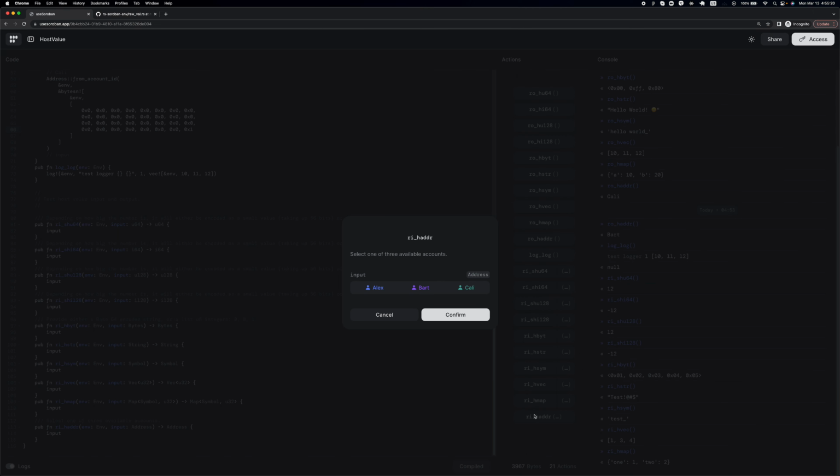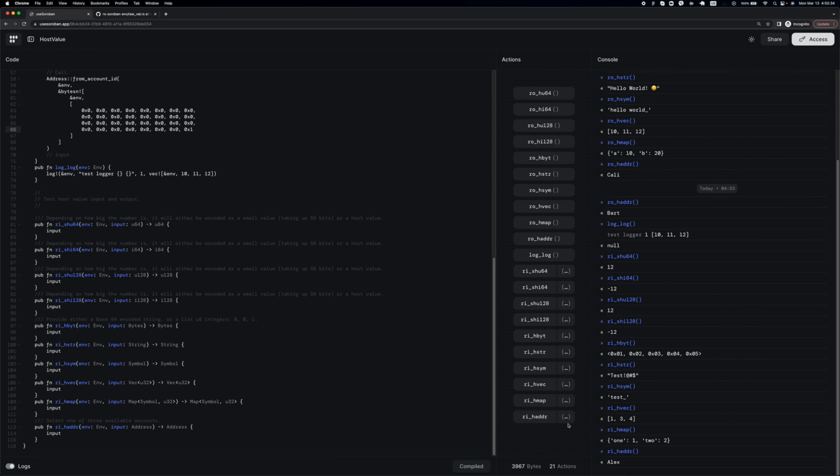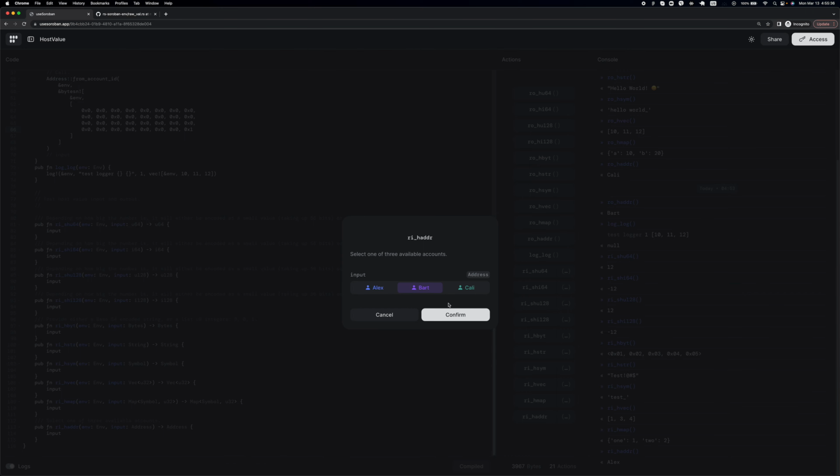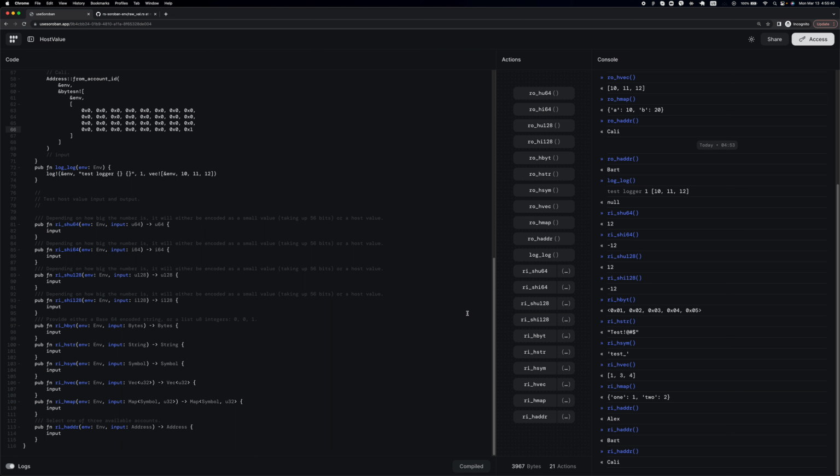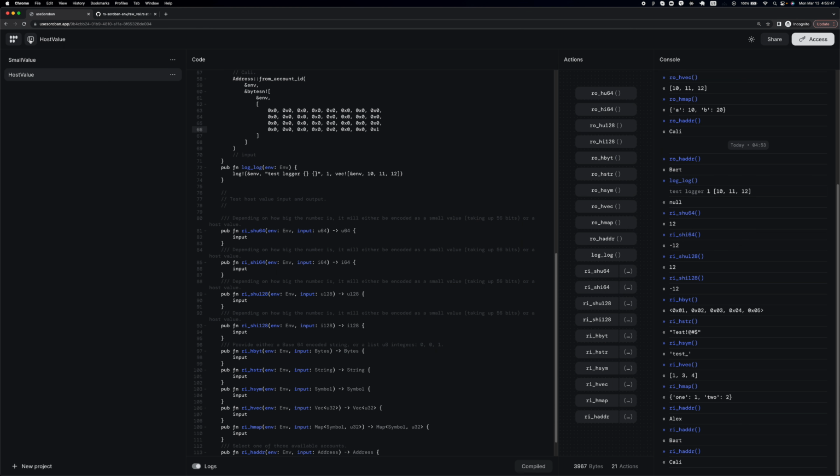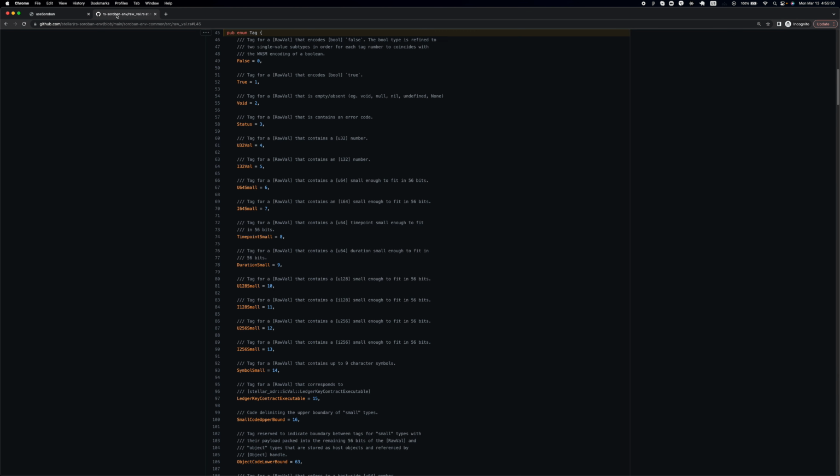And the address. So this is what I'm talking about. There's 3 addresses in the system. So it abstracts the long address values and provides a nicer experience for the user. So you can just select your user, whether it's Alex, Bart, or Callie, and the system will know what to do and how to interact with these users. So this covers the section of host and small values, and you can see that we've covered all available values